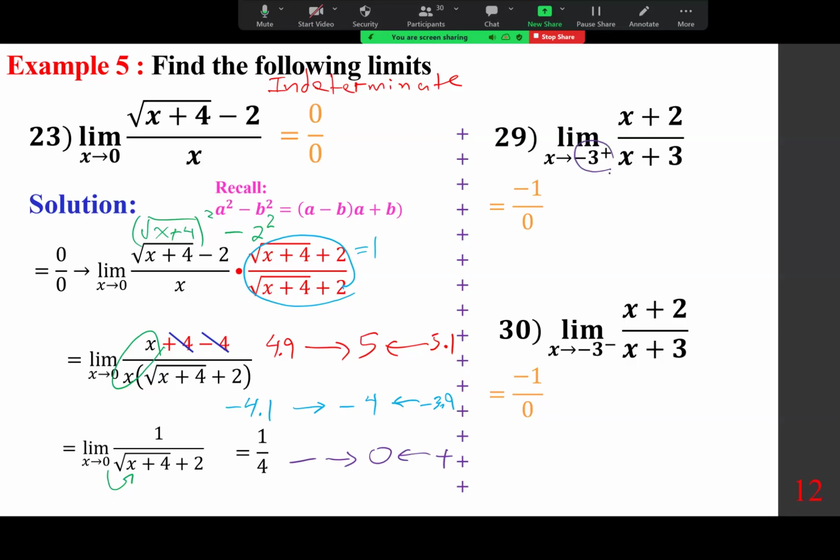When you plug negative 3 into the denominator, on the right side, let's say negative 2.9, negative 2.9 plus 3 is 0.1. And so this becomes positive. And so you know the answer is infinity, but negative over positive gives you negative infinity. Whereas this one,